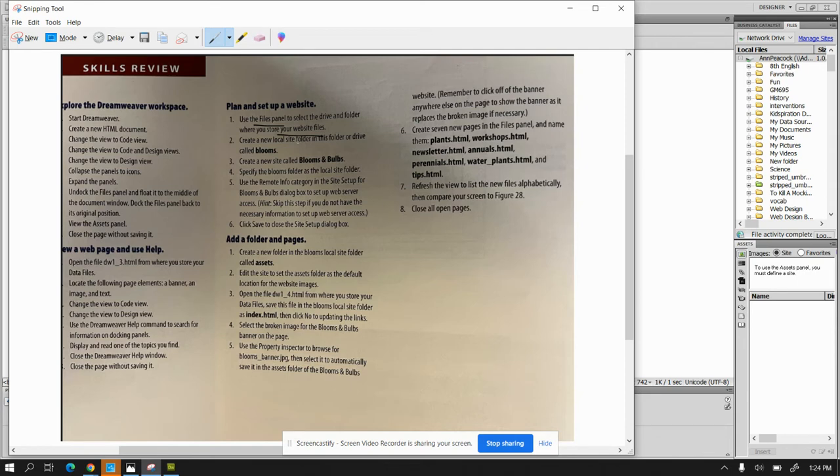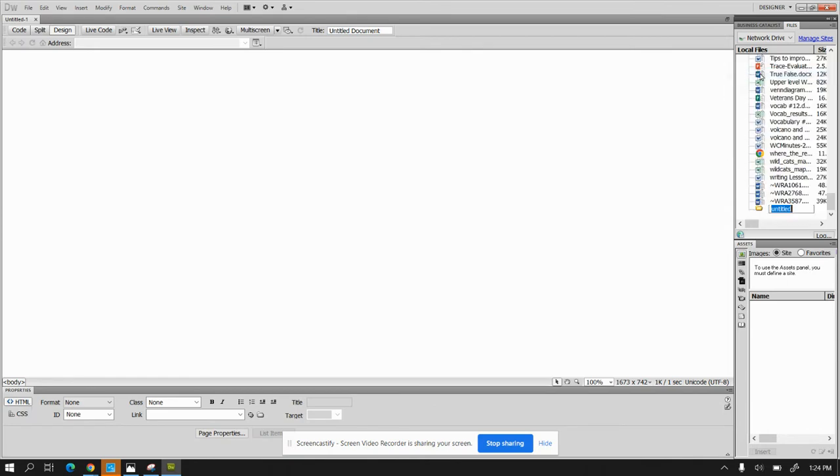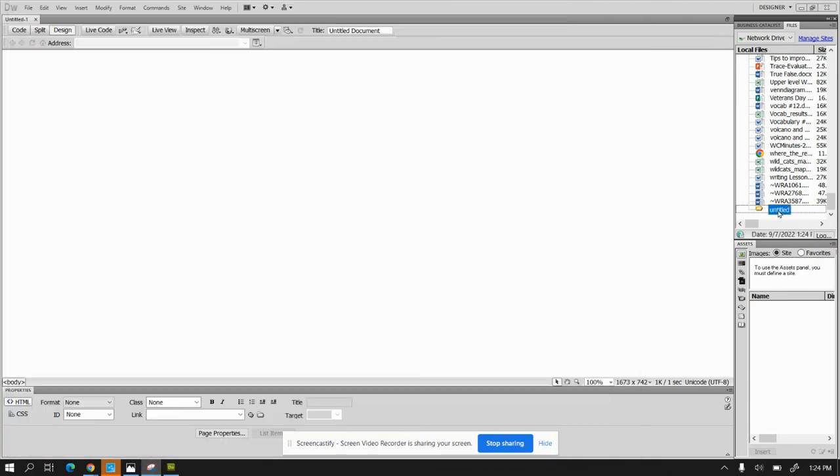I'm going to create a new local site folder. So in Peacock, I'm going to right click, new folder. And in that, it's going to be called, according to our directions, it's just called Blooms. And it's not capitalized. It's just B-L,